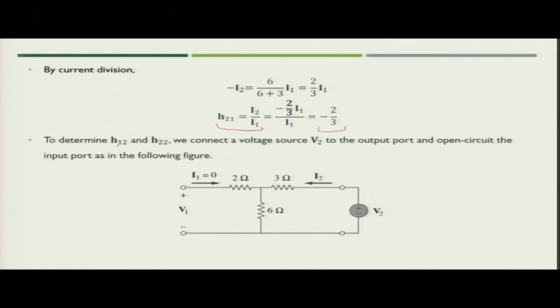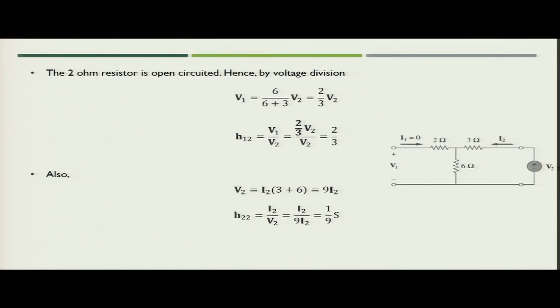Next, we need to find out the values of H12 and H22. So, what we will do in this case, we will connect a voltage source V2 now to the output port, and we will keep the input port as open circuit. So, in this case I1 will become 0, and we will apply V2 to the output port. So, what will happen now? We use the voltage division